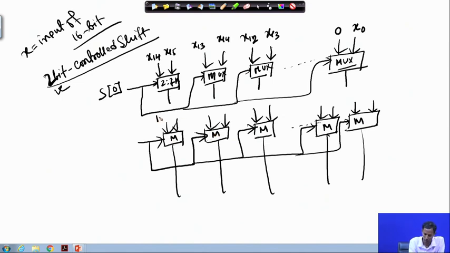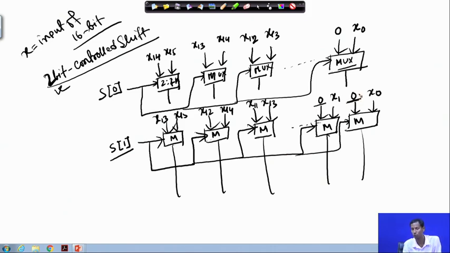So, at that time what will happen? This will be x 13, x 15, this will be x 12, x 14, this will be x 11, x 13, this will be 0, x 1, 0, x 0, and this is for x 1. So, whenever I need 2 bit shift, at that time these 2 zeros will be padded to